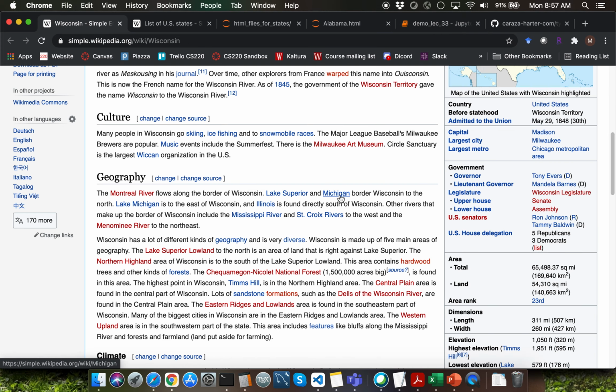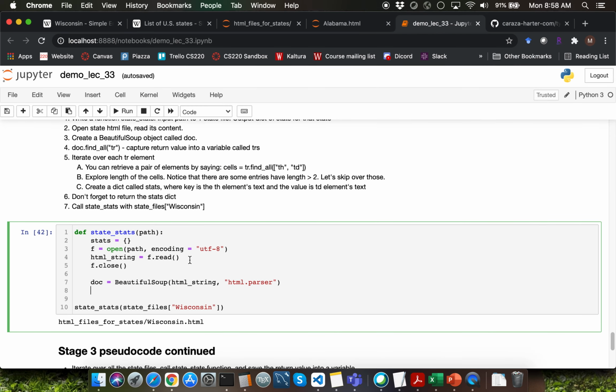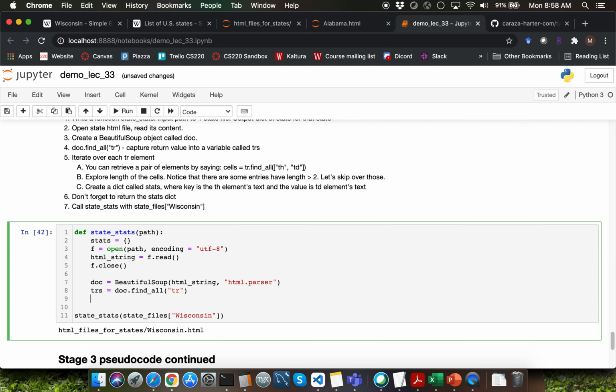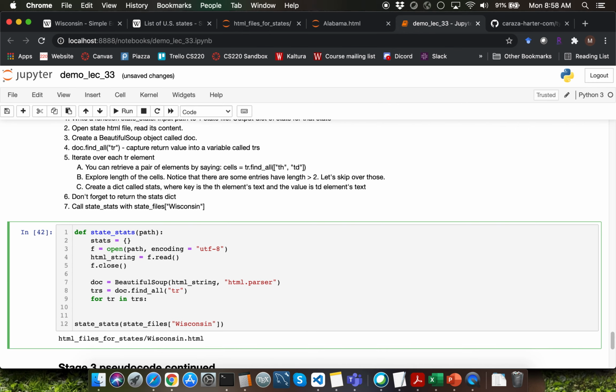What I want to be able to find within the DOM tree here is this particular table structure which has individual rows. So I'm just going to find all of the TR rows here. I know that that's the only table, so I can directly look for the TR rows by typing doc.find_all of tr. Let me capture the return value into a variable called trs, which stands for multiple TRs. I'm going to write a for loop to iterate over the individual TRs. For now, let me just display type of tr and tr directly.